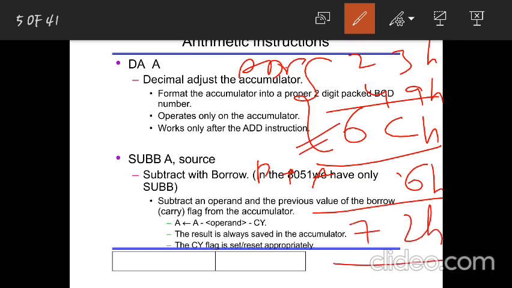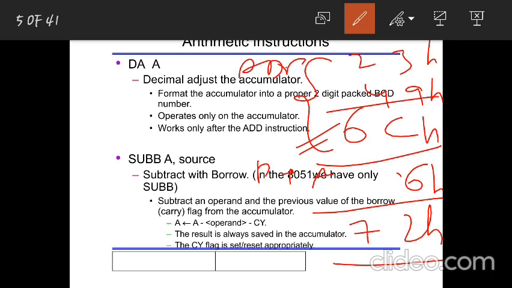We will try to do this in binary. We have a program on this, and we'll even see there what actually is happening using this DAA. So this DAA, decimal adjust accumulator after addition, is used after addition only. When we add two numbers, the result is in binary. Generally, whenever we add any two numbers, the result is in binary. To adjust the result in BCD, DAA is used, following those addition instructions.